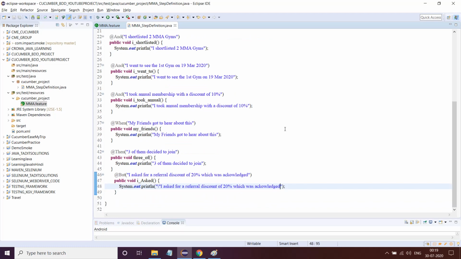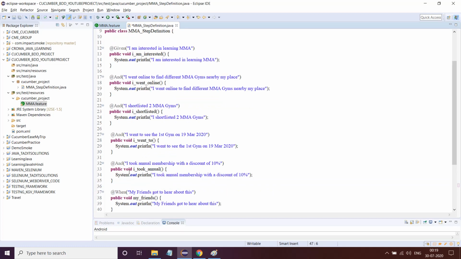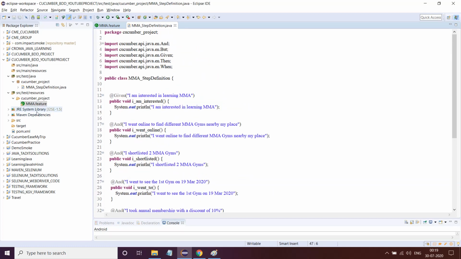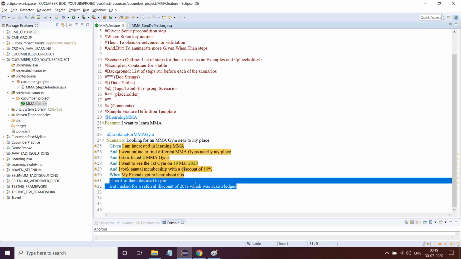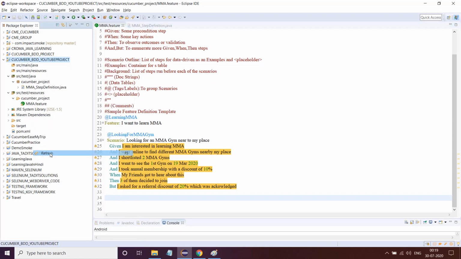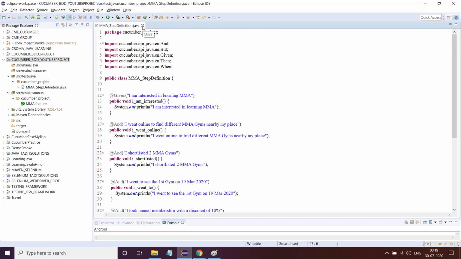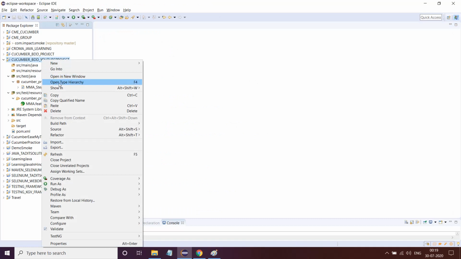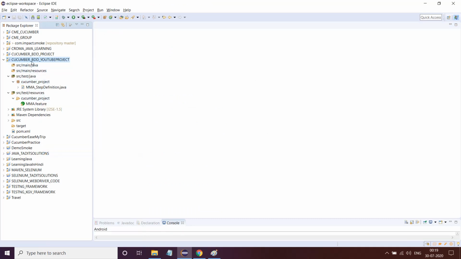Now the step definitions are done. So all these step definitions matching glue code is done. Okay, now what I'll do is I'll save it. You will come back to the feature file and you will say, okay, now everything is done, but it is still showing error. What to do? Try refreshing your project. Okay, before you refresh, close this feature file, save it and close all these. Now continuously refresh, 2-3 times you refresh. If this yellow marking does not go, just click on the particular project and do Control F5, hard refresh.